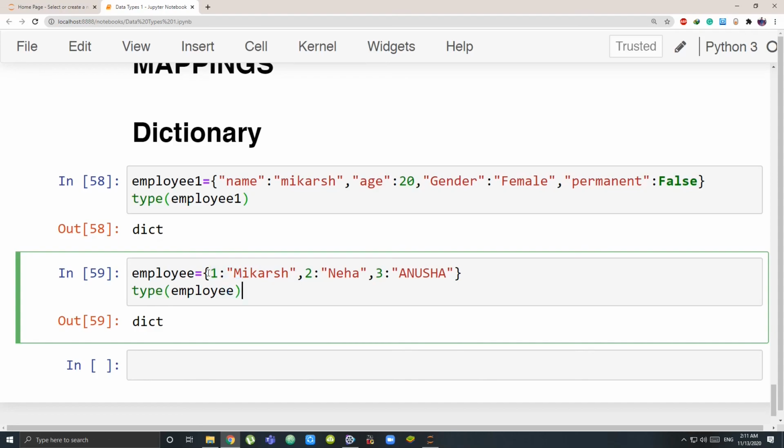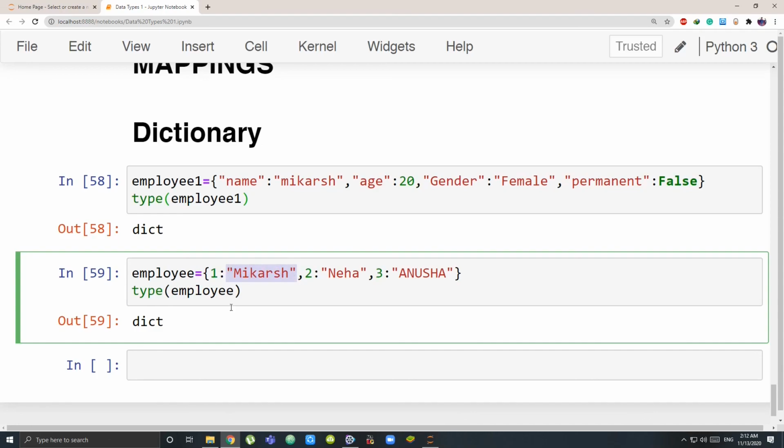Now one more thing, your keys compulsorily have to be an immutable data type, and your values can be anything. It can be a mutable data type or immutable. Let me just brush up again. What can your keys be? It can be a tuple, a string, numbers or boolean, but your values can be anything. It can be lists, strings, tuples, it can be dictionaries themselves.